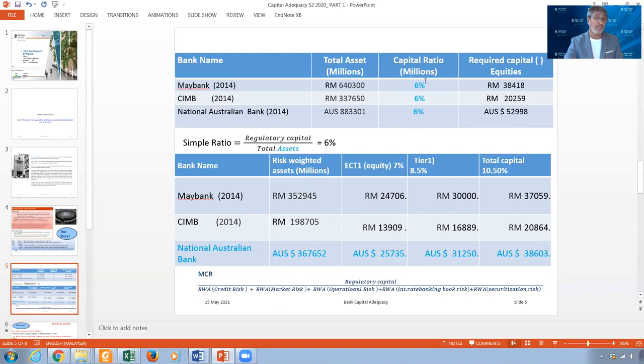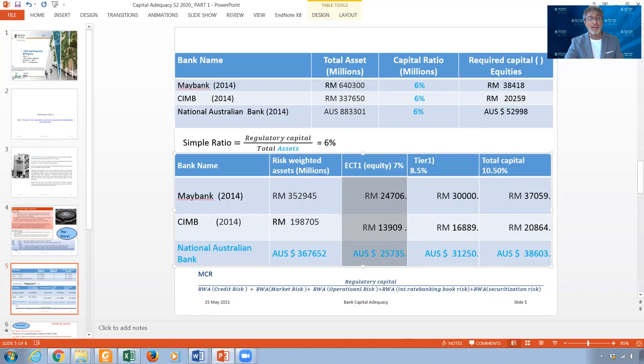valid before 1989. If you come now, I take the same data. This is the same data: risk-weighted assets now in millions in 2014, but I didn't take the total assets. I take only the risk-weighted asset according to Basel. And I multiply it by the 7%, because Basel has 7% equity, 8.5% tier 1, and 10.5% for total capital. Before 89, this was only for the equity. So I also applied the equity. And you can see now,